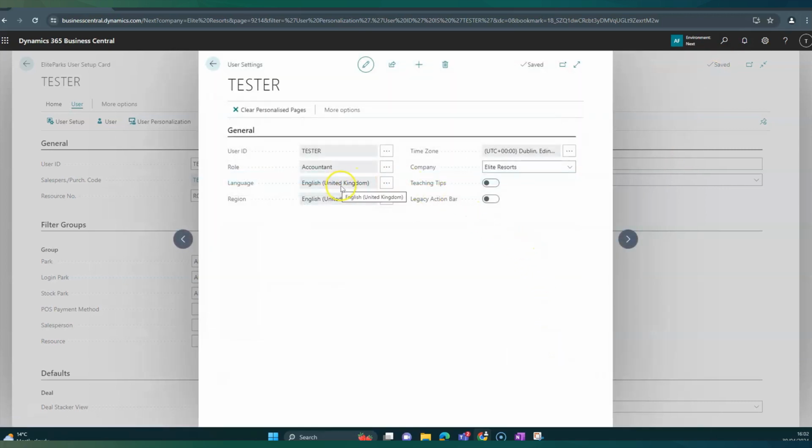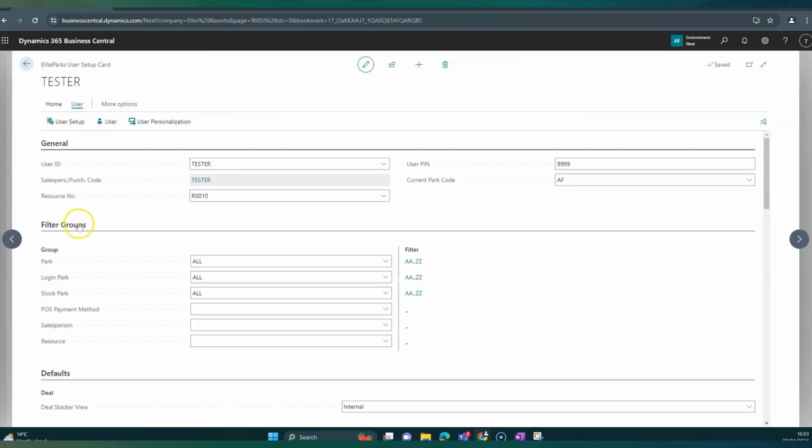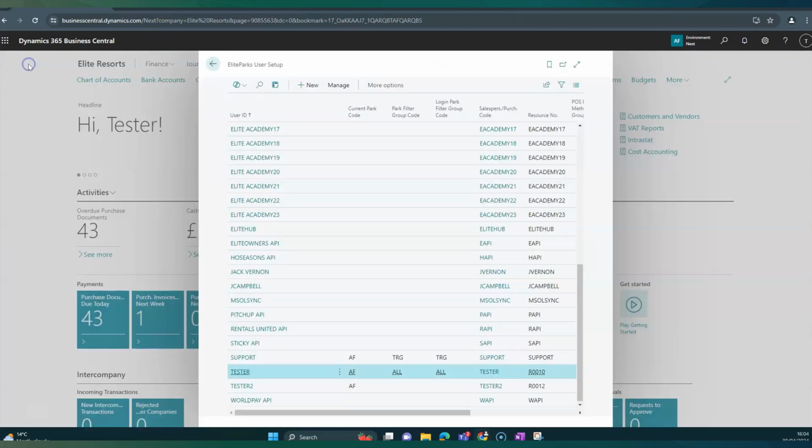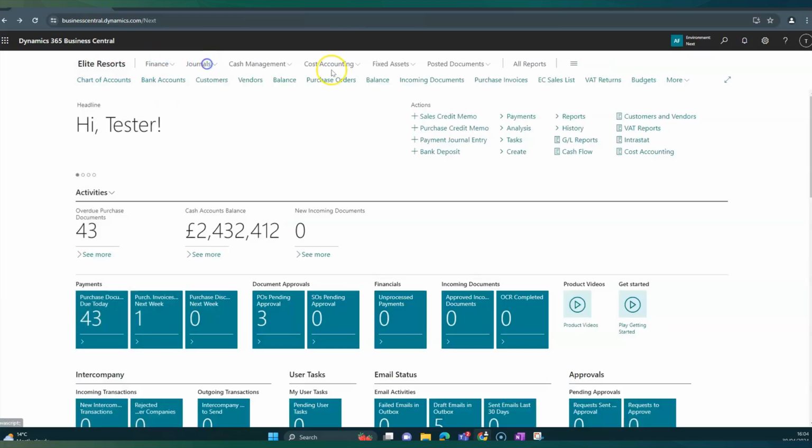We then ensure that the language and the region is set up as England, United Kingdom, and you can select which company that this user is logged into. Whilst we are touching on the subject of company for each user, if we navigate back to the user card itself